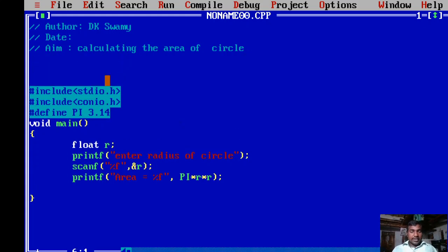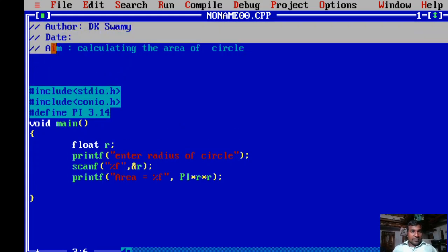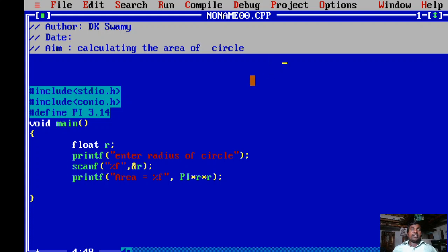Here all these comment lines are written as single line comments. If you want to write a multiple line comment, then you can write like this.